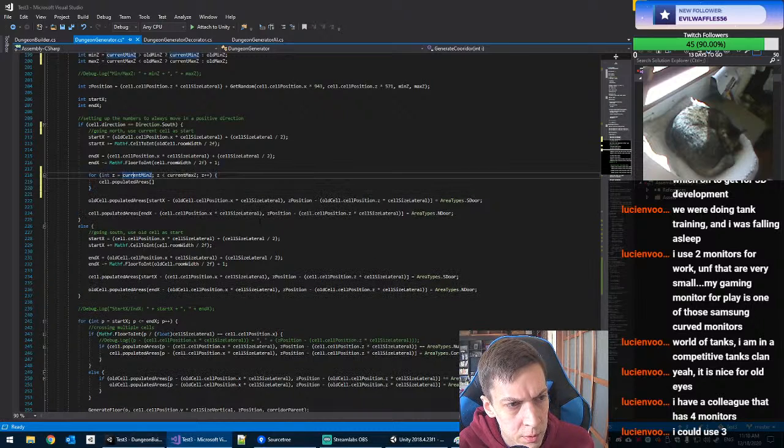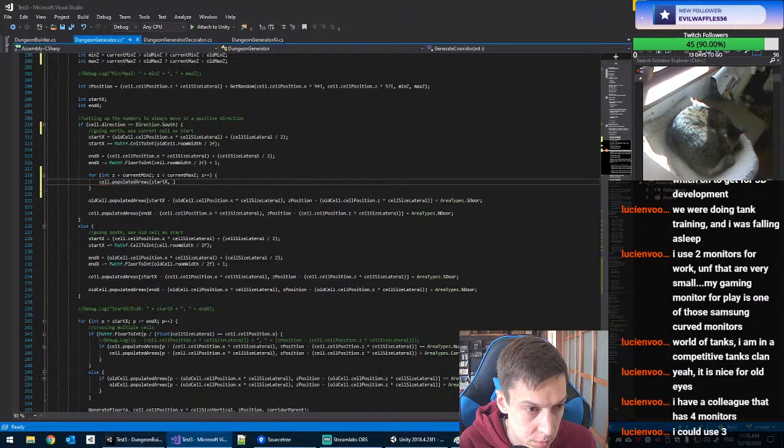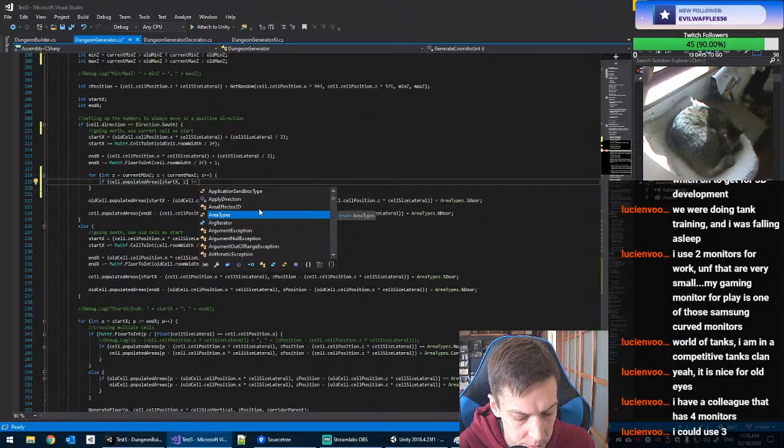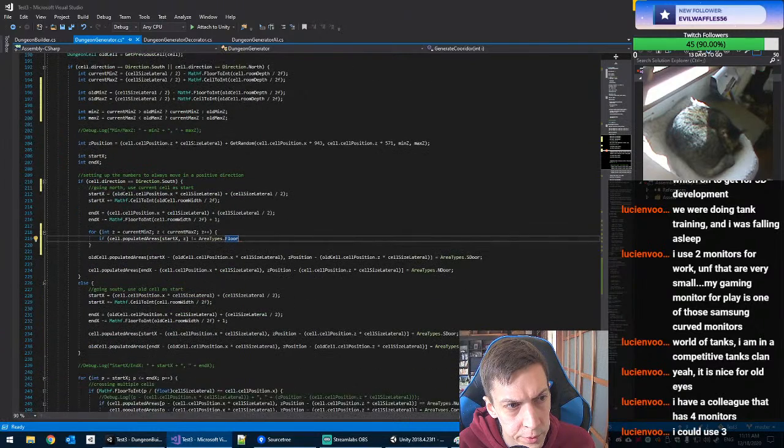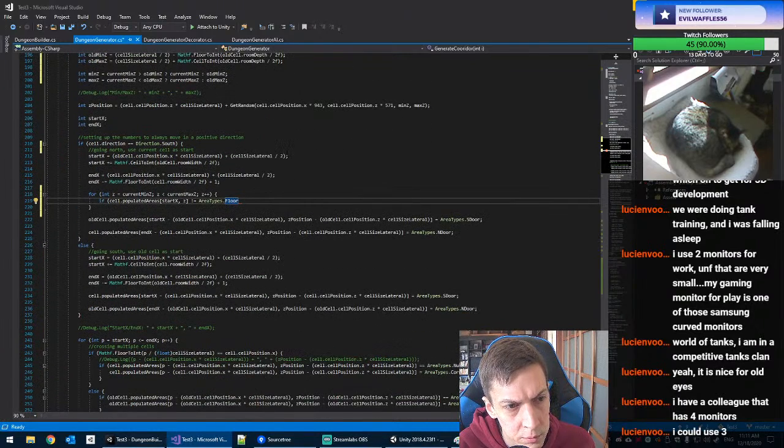Now, we're looking at our start X, and we're looping through our Z's. And now if this does not equal area type floor, this is corridor generation, right? Yeah. If this does not equal area type floor,